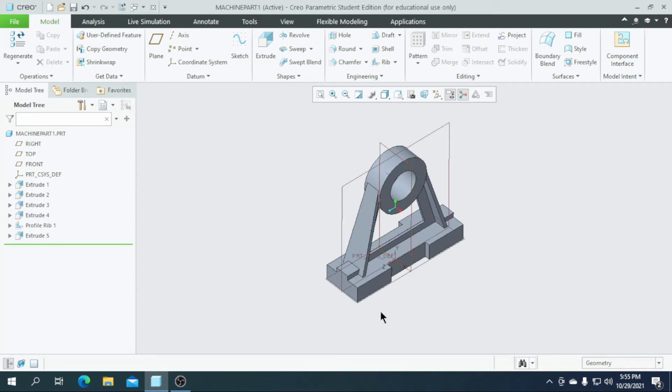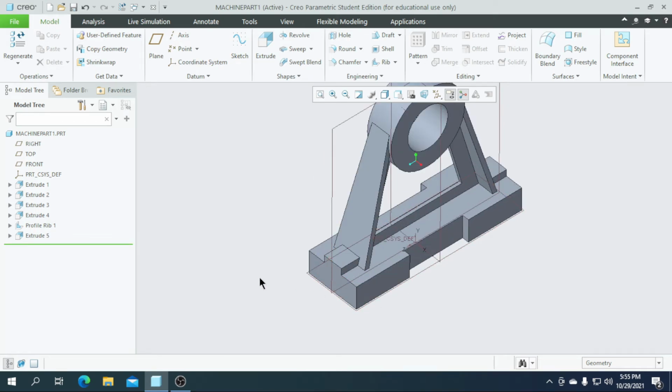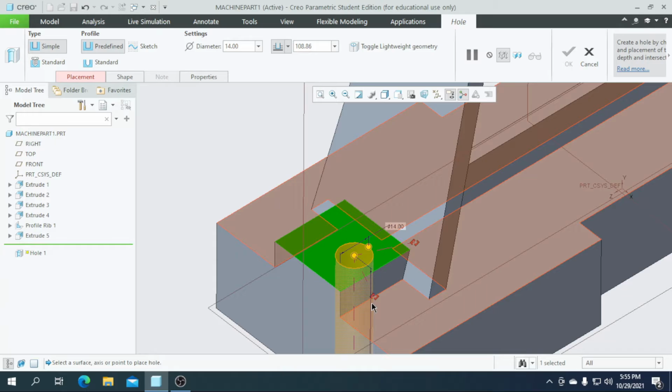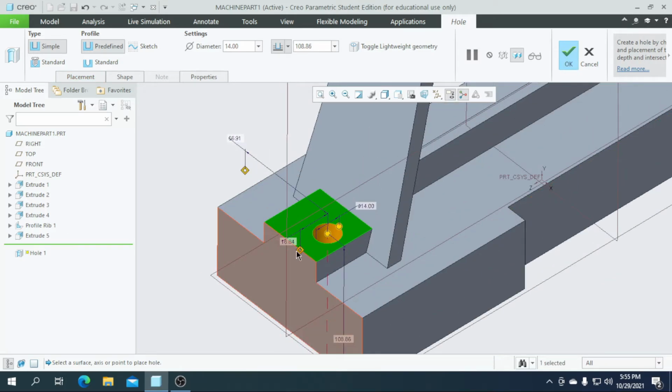So we need to create a hole here. So for that, go for the hole and select this point and drag this toward this face and drag this toward this face. So I need the dimension from here to this center point to a value of 50.